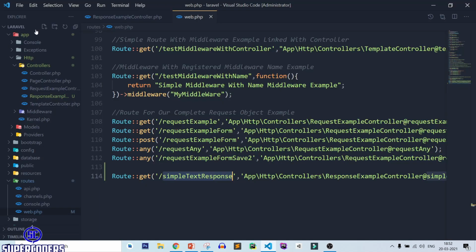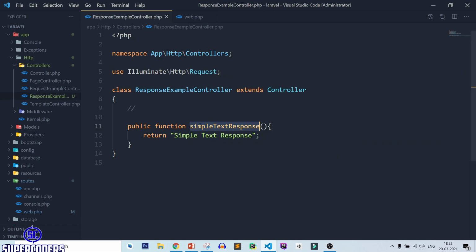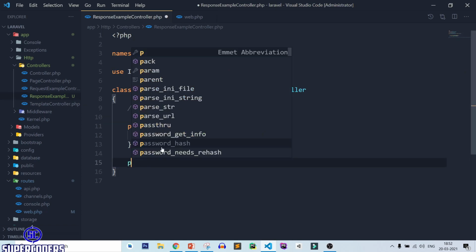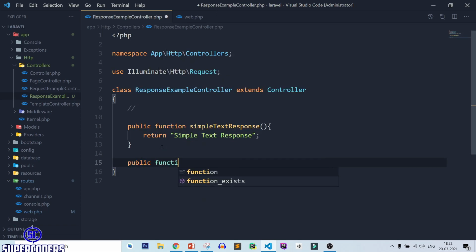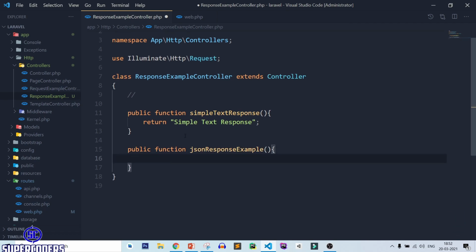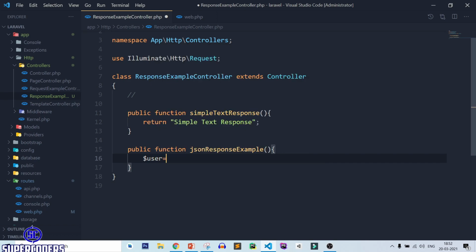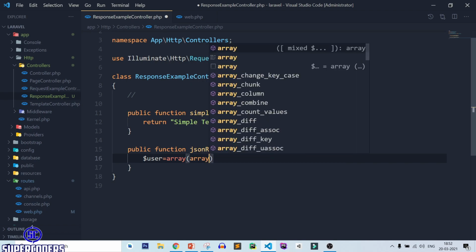So again back to VS Code, let's create another method. This time we are working with JSON data. So public function jsonResponseExample. Let's create simple JSON data according to our database or any database models. Our data is $user equal to an array, and it contains arrays of data.